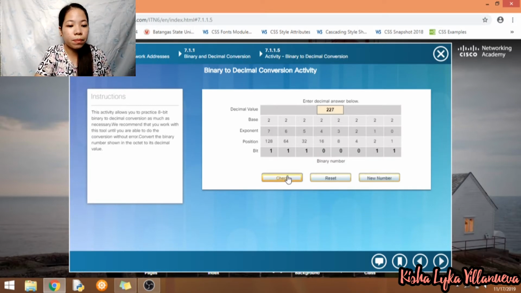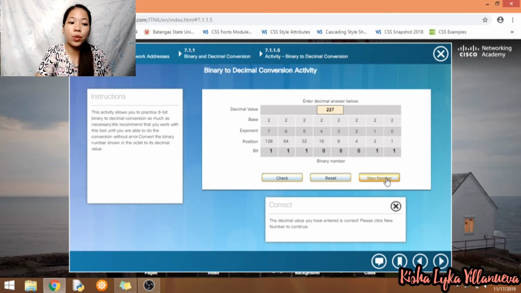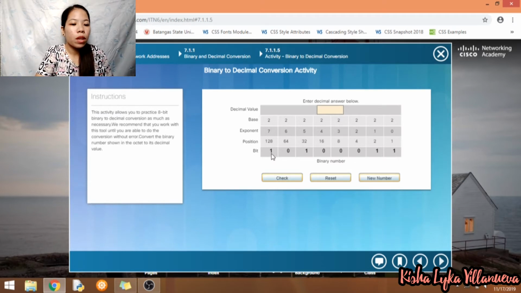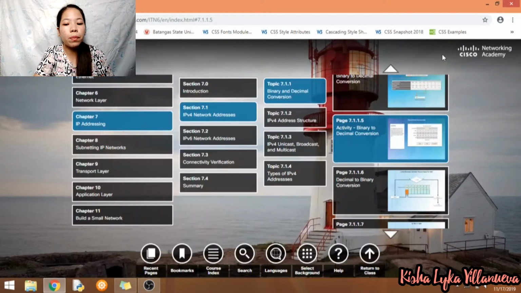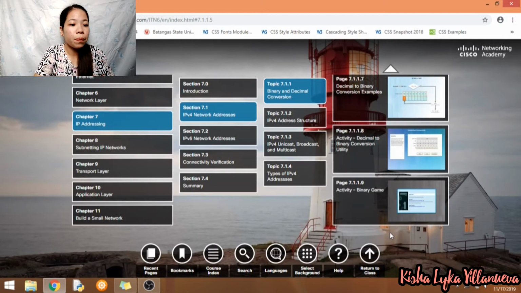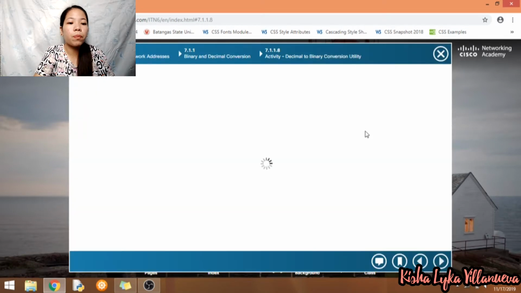So let's check if it's all correct, and we will try a new number. So we will add 128 plus the 32 is equal to 160, plus the number 2. So 160 plus 2 is equal to 162, plus 1 is equal to 163. So we will put in the decimal value 163. So it's correct. Now we will proceed to the next activity, and the next activity was here on page